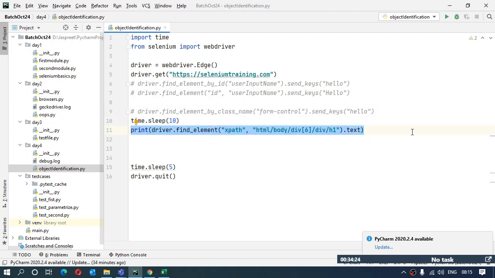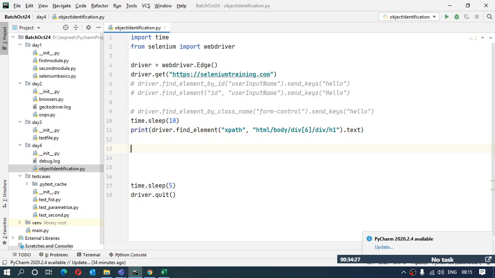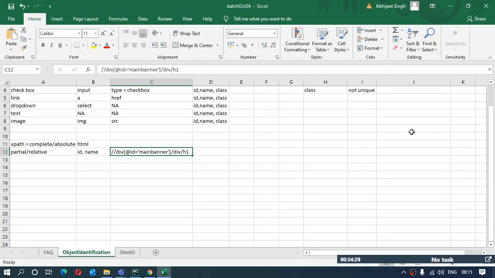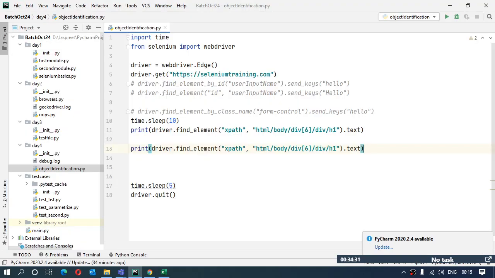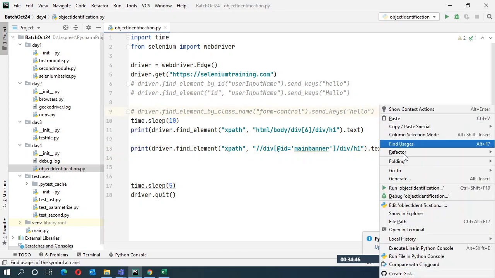Control C. It was for the complete XPath. Now I'm going to use the partial XPath. So I'll replace the XPath over here, like this. Now if I save this and run this, what I'm going to get is the output.